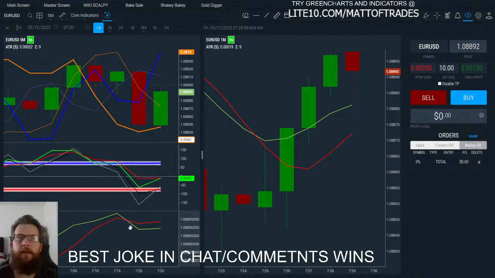Now, a way to remember: think of the TNT lines, the pressures, as if they're in a battle with each other to be on top, and whichever color is making strides to becoming the top color, or moving away from becoming the bottom color, you give a point to that color. This will make more sense once we go through some examples, because we're going to be doing a full backtest on this. And then there's 2 points for the majors and minors, 1 point for the majors, 1